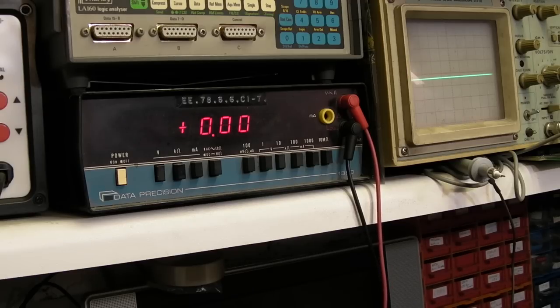Let's have a look over here. Yeah, I can't see anything on there that looks particularly out of place. There's nothing stuck high at like 5 volts anyway that shouldn't be at 5 volts, so that's really what I wanted to check. So I think what we will do,